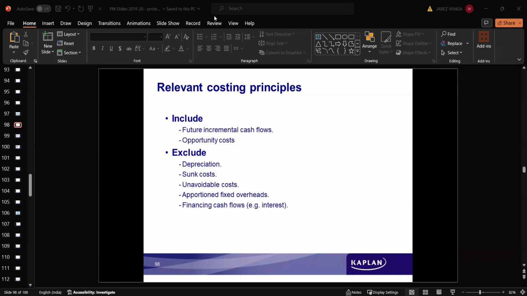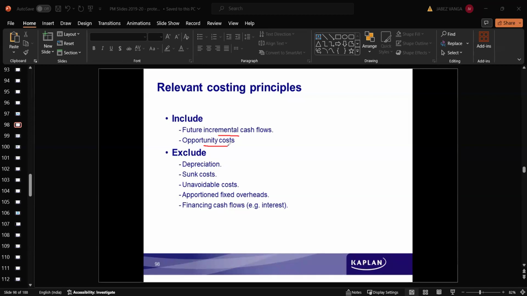While calculating the relevant cost, there are two things which have to be included. One is future incremental cash flow. The other one is opportunity cost. We do understand that when there is a change in the cost, it would increase incremental cost. If because of a decision there is an increase in the cost, we call that future incremental cash flow. Apart from that, because of the decision taken, if there is any amount of opportunity cost, that also will be